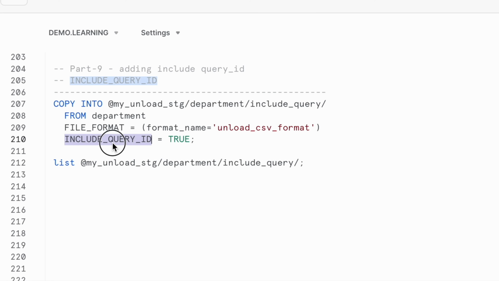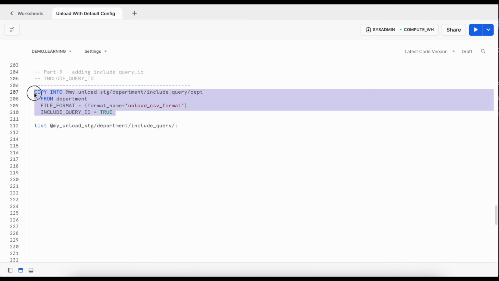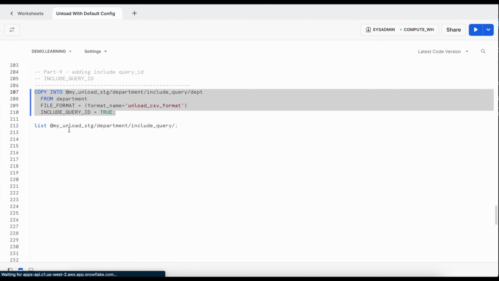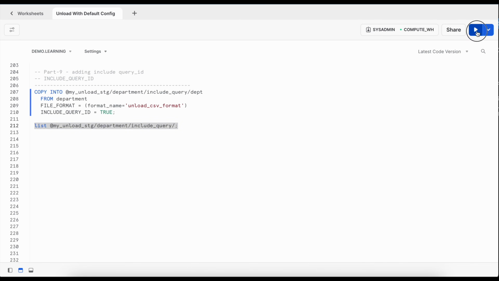The copy option has another parameter called include query ID, and if you specify include query ID equals true, then the query ID will also be added as part of your file name. Let's say I want to give a prefix called DEPT, and then if I run this copy command, let's see what happens. So it has unloaded, and if I run the list command,